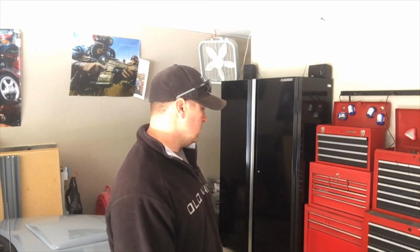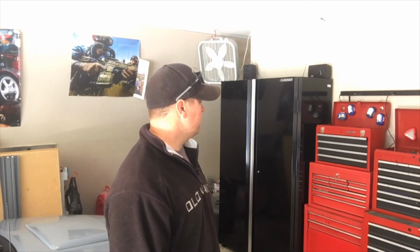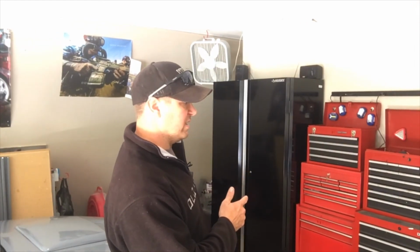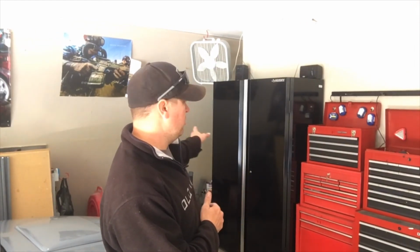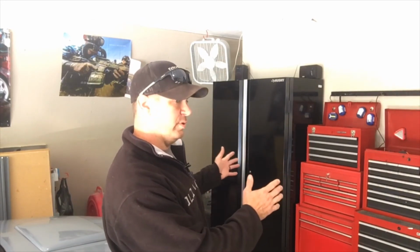Otherwise, they sit great. I don't have to worry about it. It comes with an anchor to anchor it to the wall. I didn't use the anchor because I felt like it was pretty sturdy already. And they have these, I believe, in 36 inch as well. But right now I bought the 30 inch that took the place of a cabinet I had over here, an open shelf. And I bought the 48 inch, which took the place of the huge 48 inch open shelf I